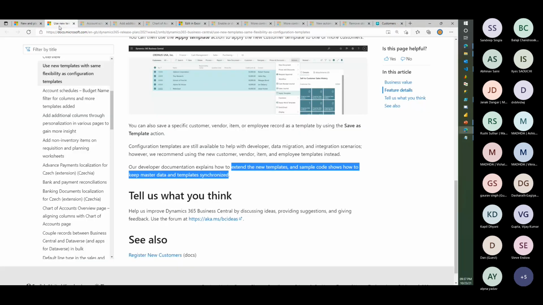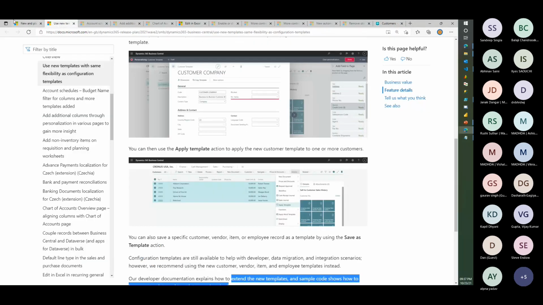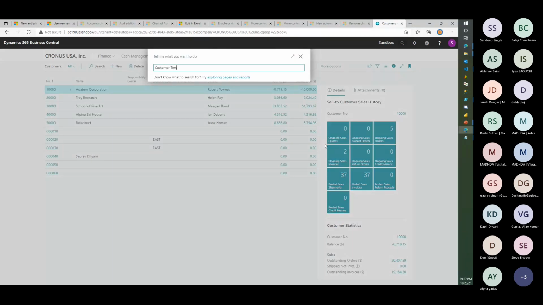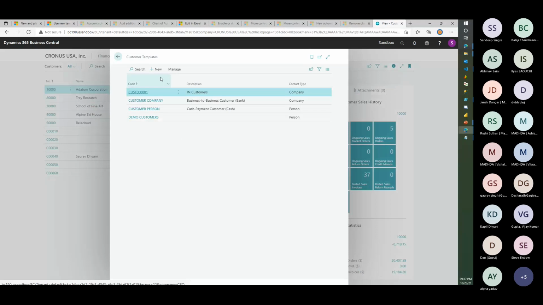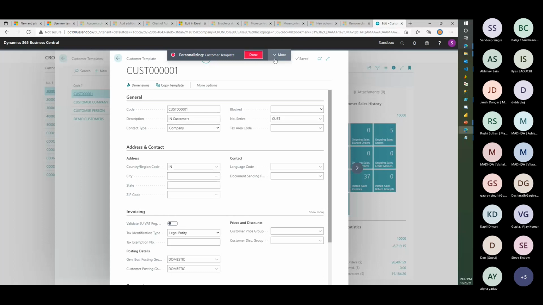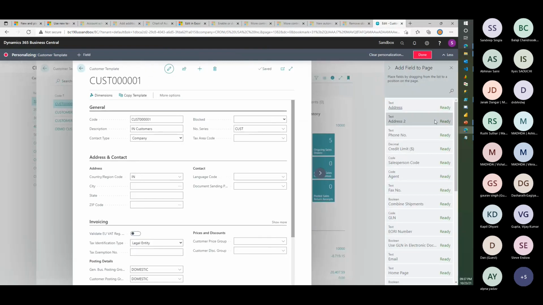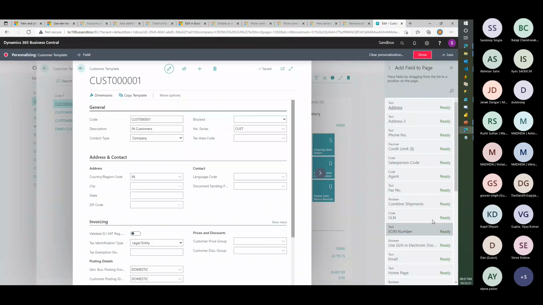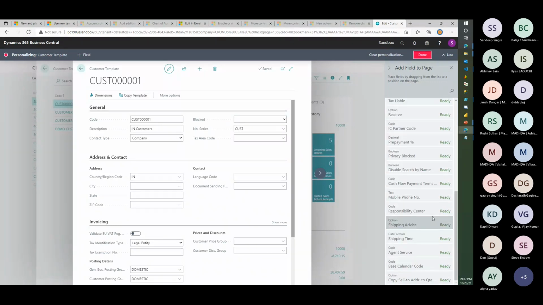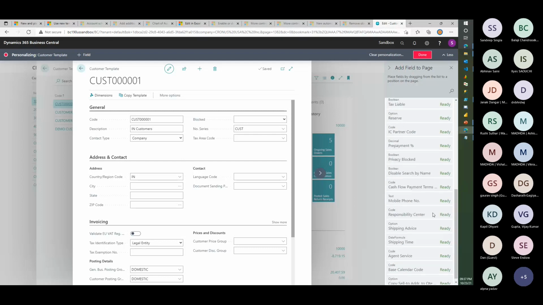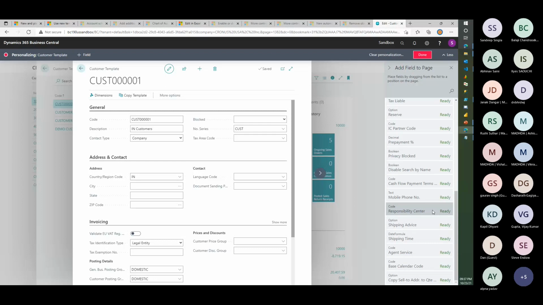So those were the two things that I was able to read. As in, yeah, we can also see the customer template page. Now, if you try to edit this, and let's go into personalize, you'll see all the fields are now available here. And based on my comparison, I think that they have added all W1 fields, and that may be my wrong analysis, but it seems all common fields to all regions are being added into